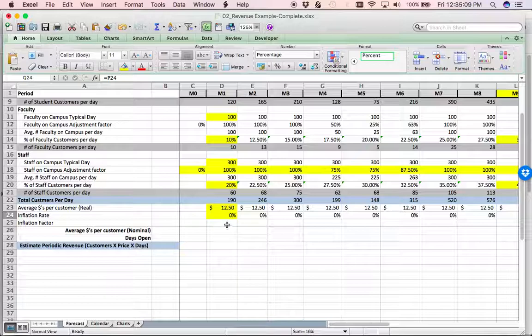So then what I want to do is calculate an inflation factor. This would be a number that I can just take the price and multiply by, and say that will be the price based on that it was $12.50 at the beginning and it had been inflated. So we do that by simply saying it is equal to